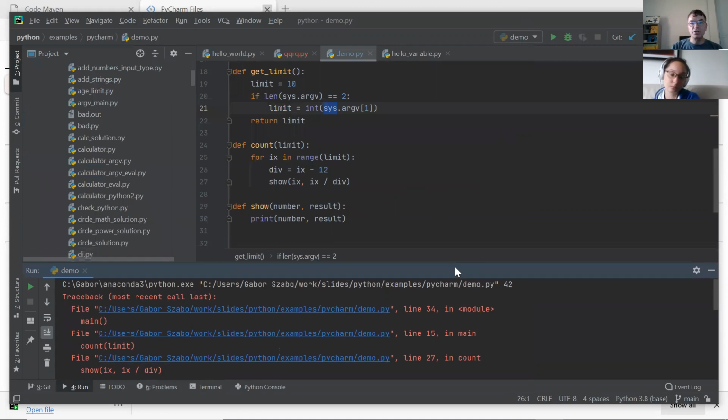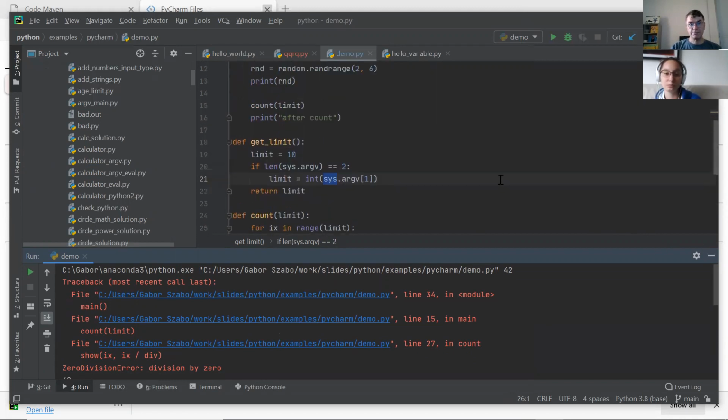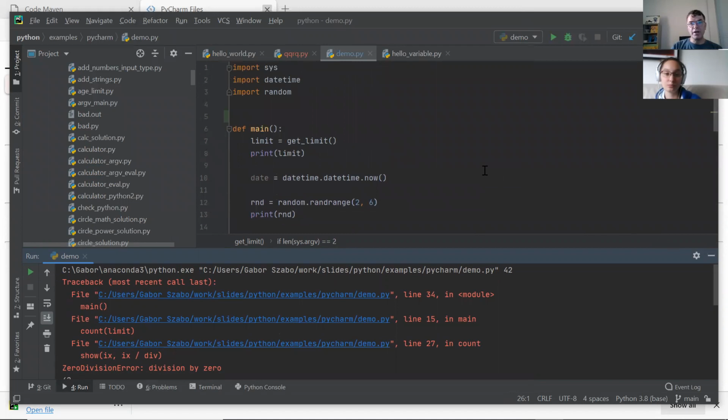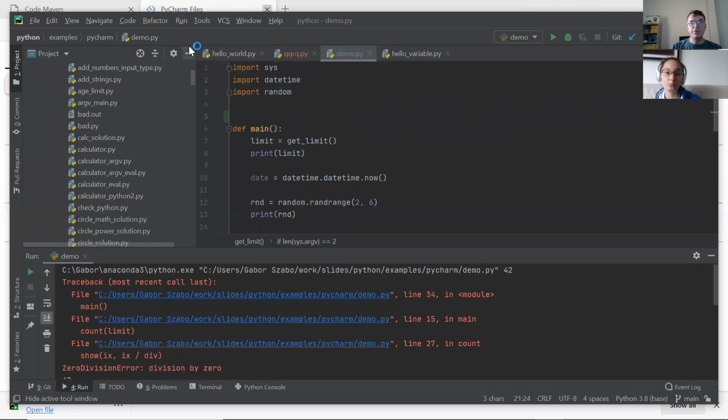So let me try to understand why. We have a problem. How can we debug this? We didn't have the problem earlier, we have it now. So let's start with the debugging. If you look here, you can see there is debug demo. If I click on this one,